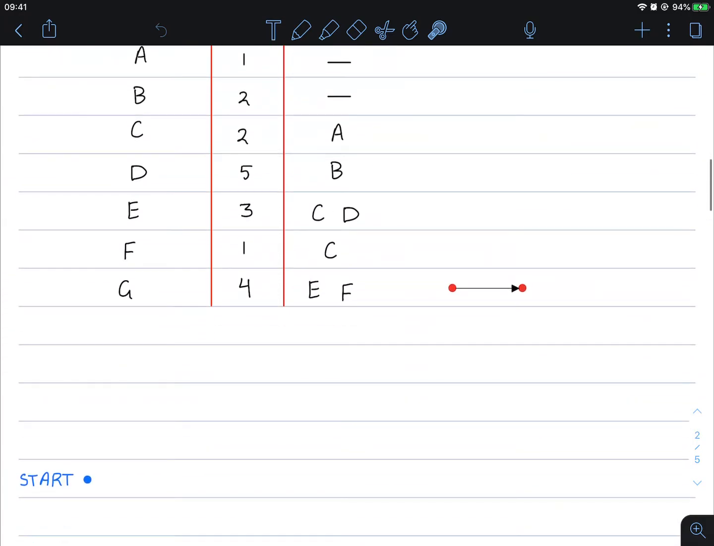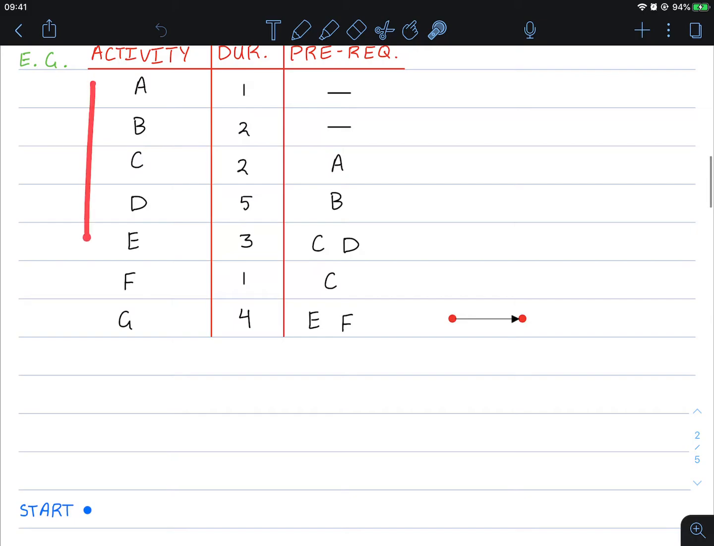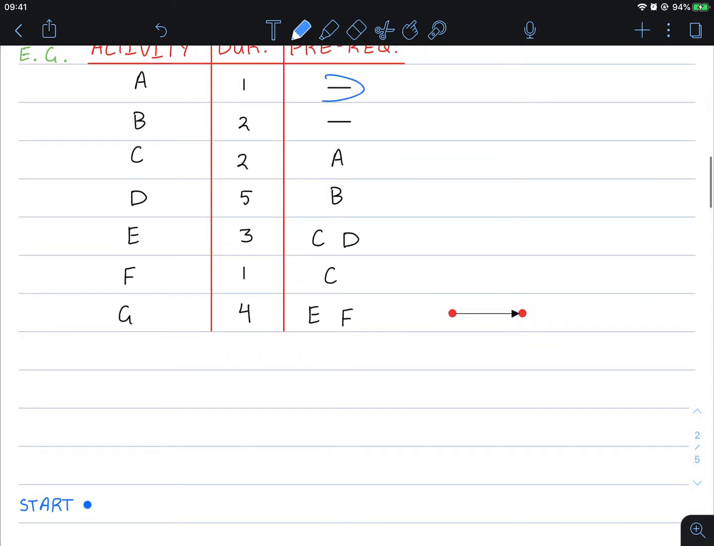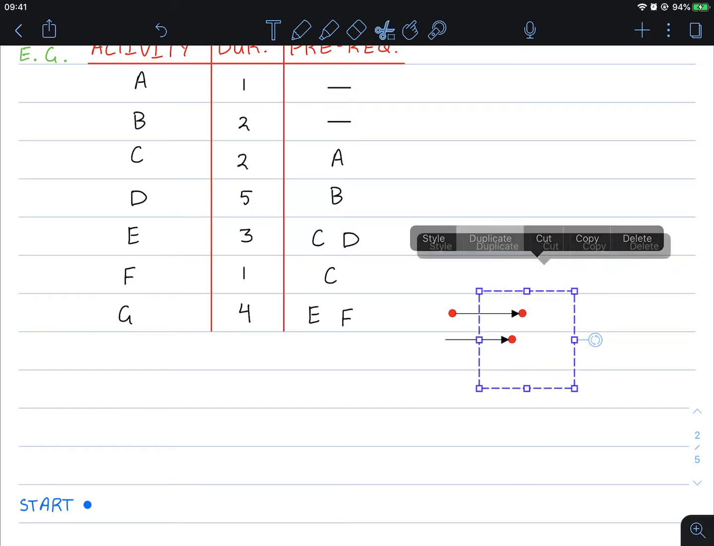Here we go. So here's a rather large activity network, and we have multiple activities branching out and also coming back in together. So as before, let's begin with the start vertex, those that don't need any prerequisites. So activity A,